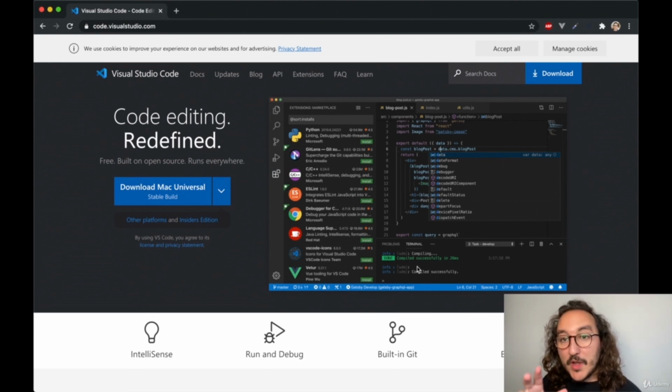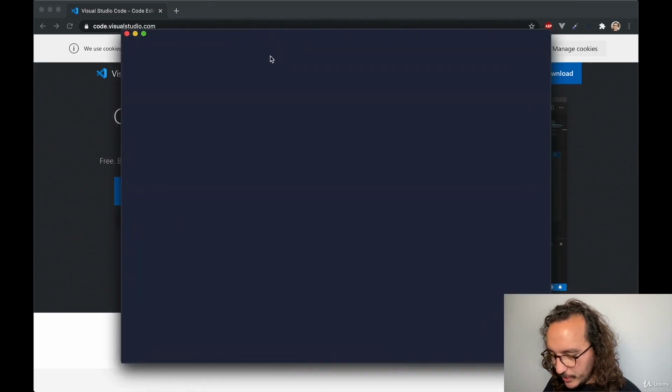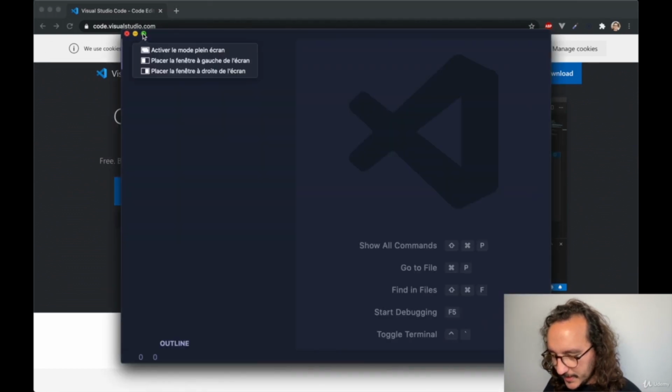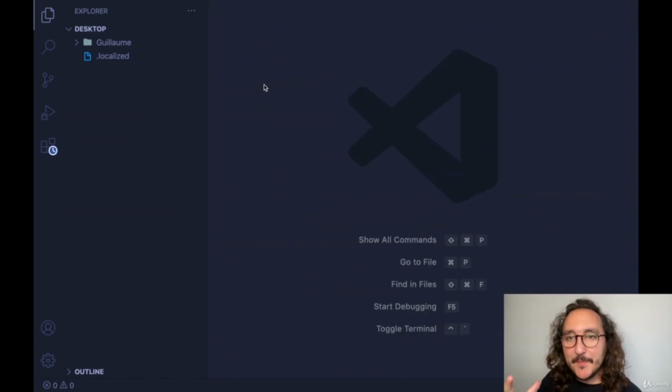Okay, once it's done, you are going to open your Visual Studio Code. All right, and I'm directly on my desktop. This is where we are going to start the course, directly on the desktop. So what is Visual Studio Code? Visual Studio Code is a software that creates files and code directly for us. We are going to write some code and it's going to save the code